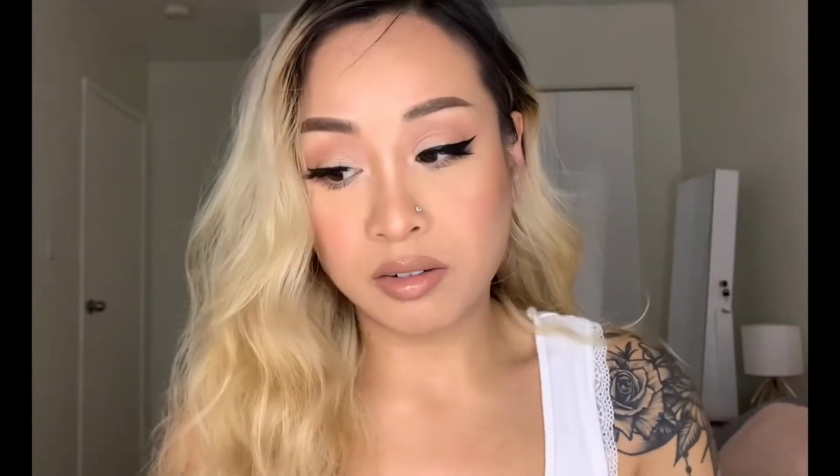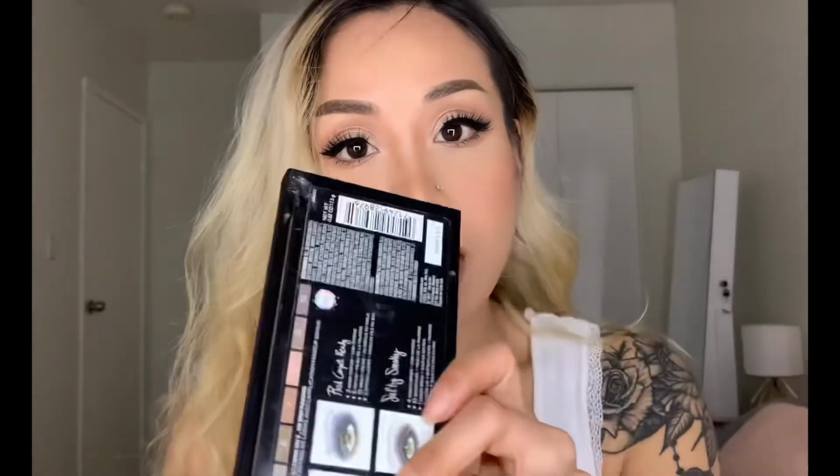Okay. Sheer to medium buildable coverage, natural semi-matte finish. So yeah, it's free of mica. It's free of the irritating makeup ingredients that are in everything. And I love makeup, so I would be crushed if it's literally makeup that's causing my eczema. But I didn't want to risk it, so I bought it anyways. And everything has mica in it, y'all. Check your makeup ingredients. A lot of times mica is not ethically sourced, and then there's talc and all that kind of stuff too. So anyways,